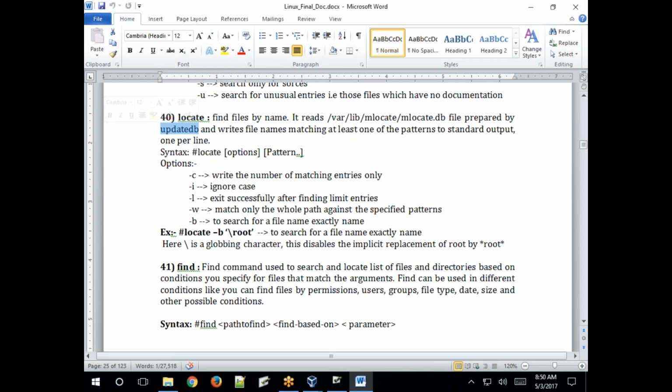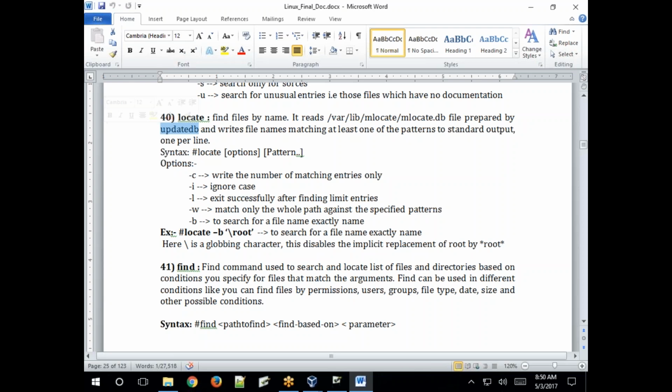If you search for that file, it won't return that result because the information is not updated in mlocate.db. The locate command searches the pattern based on whatever information the mlocate.db file contains, and only returns those lines if the pattern is matched.